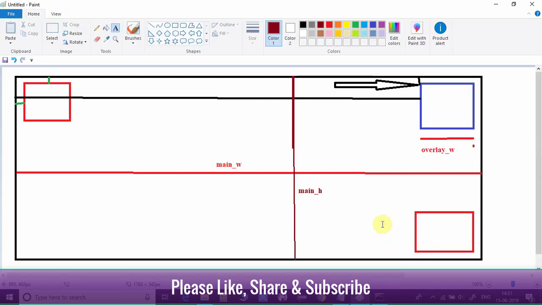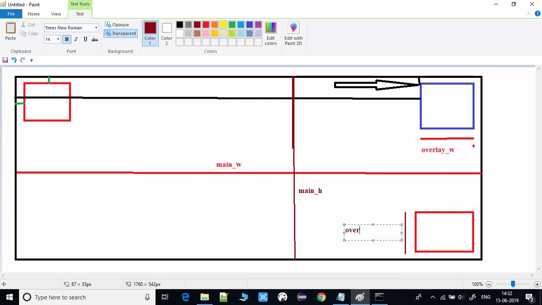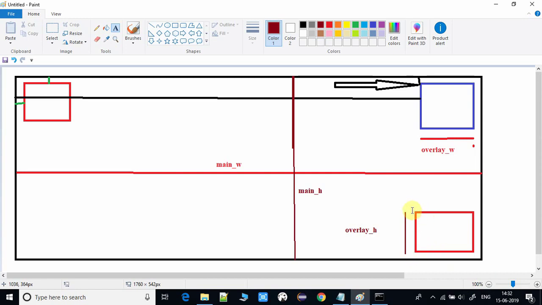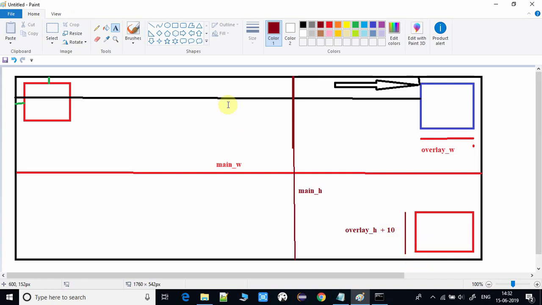Okay, and this value, the height of the image icon is overlay underscore h. Okay, so we have to find out this position. That means we are using overlay, and here we are adding 10 more pixel. Okay, that means the total height will become from this place to the bottom.